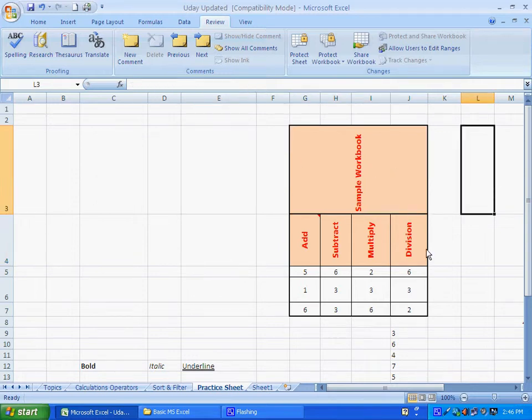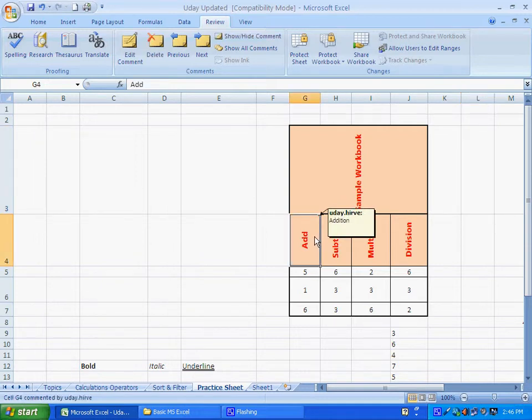But as soon as you move your cursor to that particular cell, the comment will be shown here. Over here my name is written by default because this is my login, so it is showing Uday.Hirve, and the comment explanation where I have written addition.